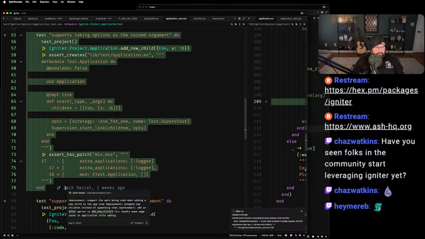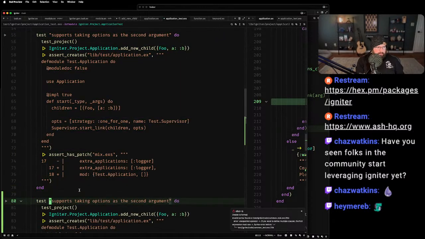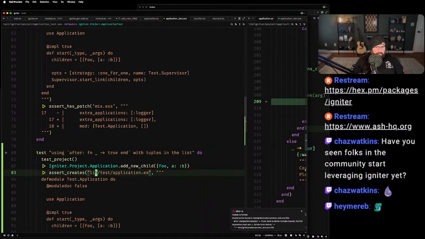Let's do this, using after with tuples in the list. I don't really know why that would be causing this problem, but this is roughly the shape of the issue.